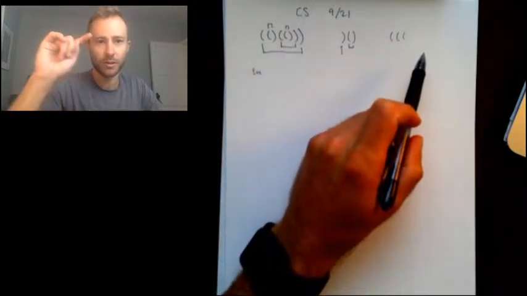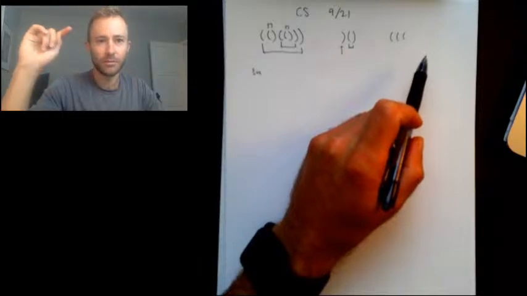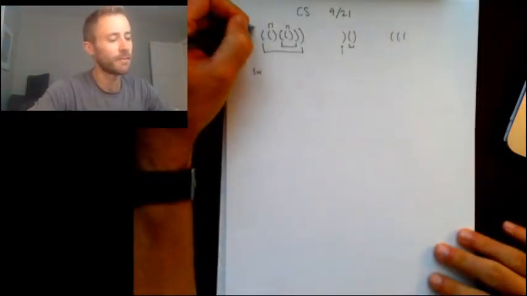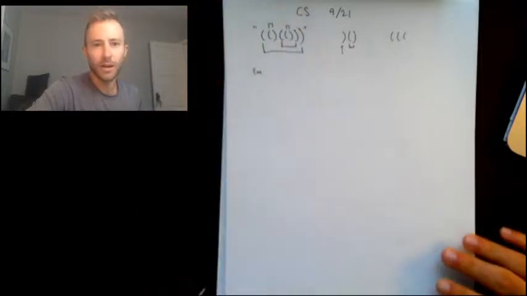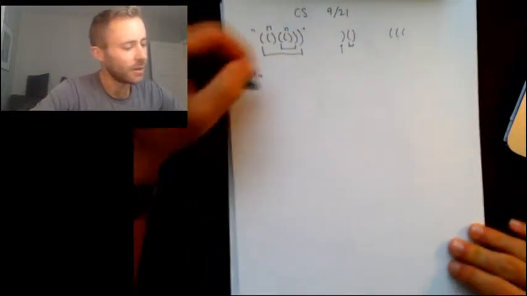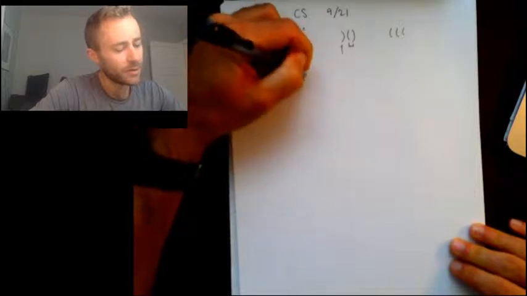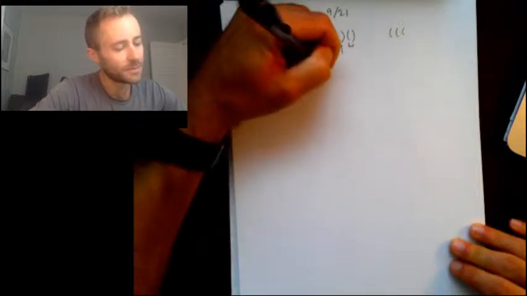So you would go character by character down the string, because this would basically be a string. And every time you encounter